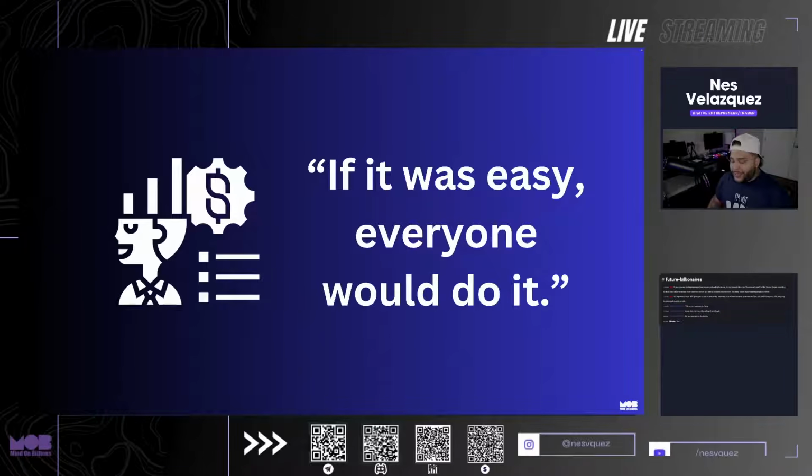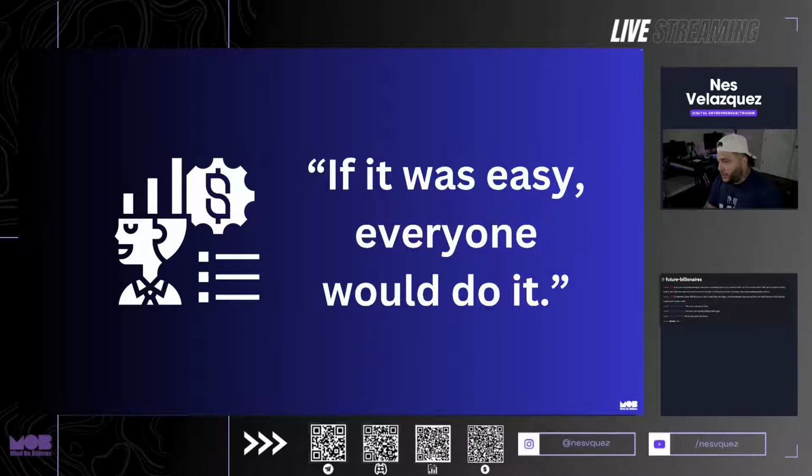Now, last but not least, this system is simple to follow. However, if it was easy, everyone would do it. I use the word simple, not easy. It's a simple system to use, but it's going to work if you work. If you put in a lot of effort behind this, no doubt in my mind, you're going to really love the decision you make. But if you're not willing to put the effort behind it, then you're going to stay behind,